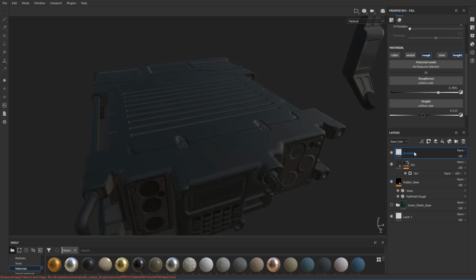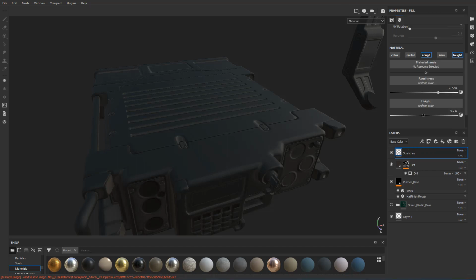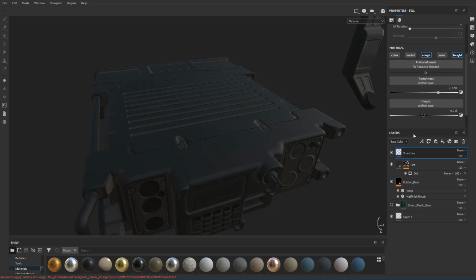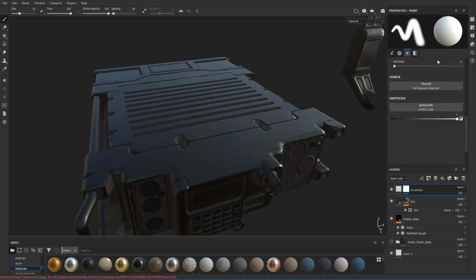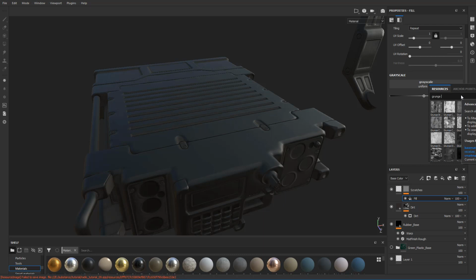Actually, let me see. Right now you can't really see the option up here, but we're just going to go to add black mask. Bring this down a little bit. So add black mask, and we've done this before with the mask selected. Right click, click on add fill, and then we're gonna add the grunge scratches, and we're gonna select grunge scratches